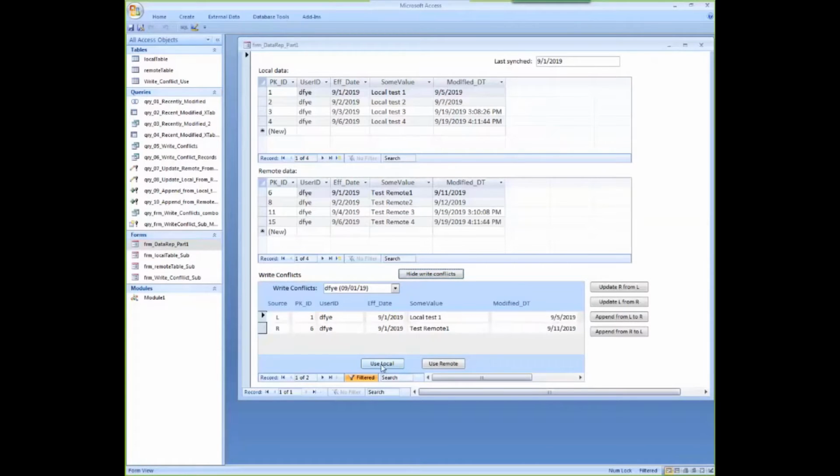Jack, you said that you've done a little bit of replication in the past yourself. How did you handle write conflicts? Did you just let them pick which one to use? Nope, it's whoever writes the latest wins. Okay, so you just did a last first.